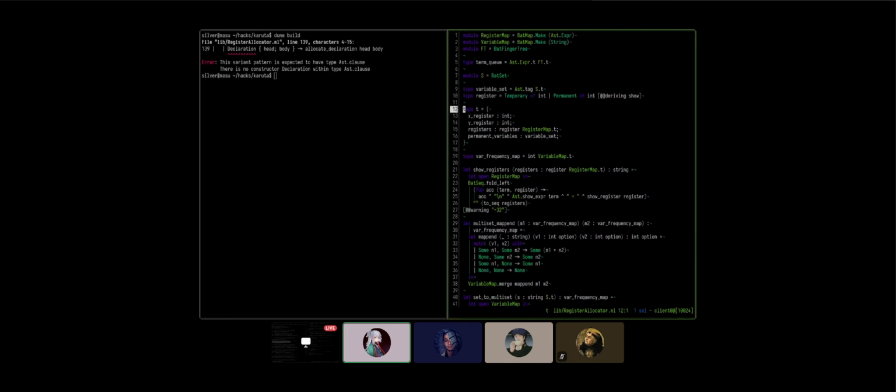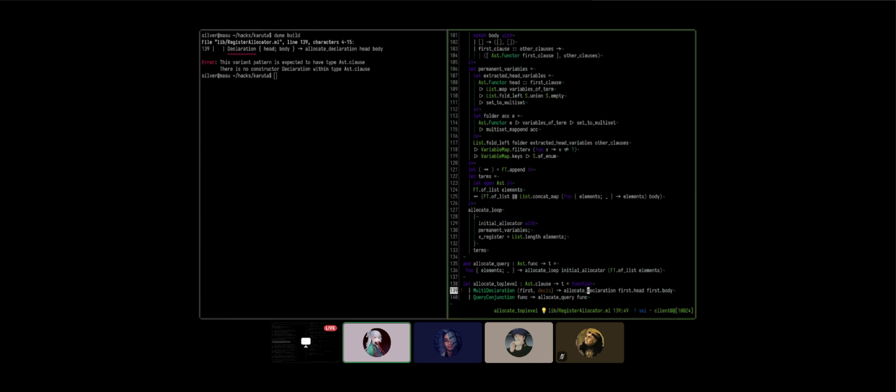Which is this type, which is a register allocation essentially, right? Yes. That means if we do allocate declaration on each declaration here, we're going to get a list of t's, right? If we do a map. But I'm not suggesting a map.